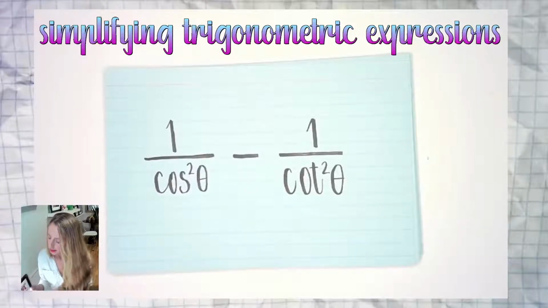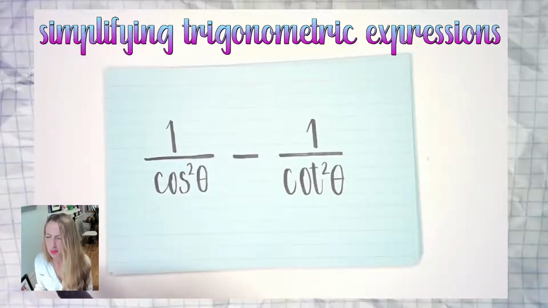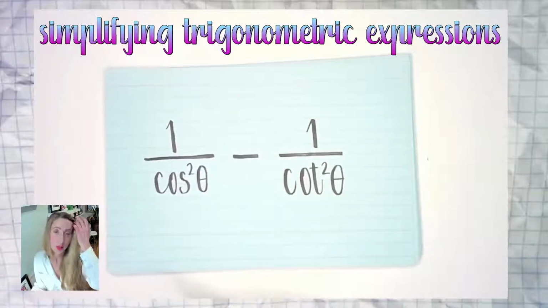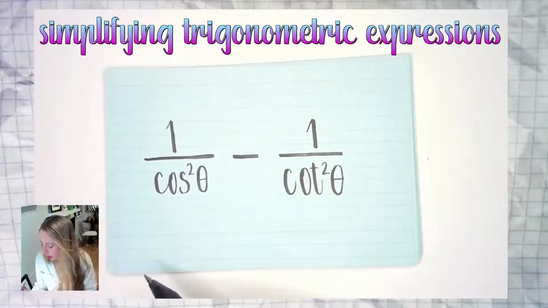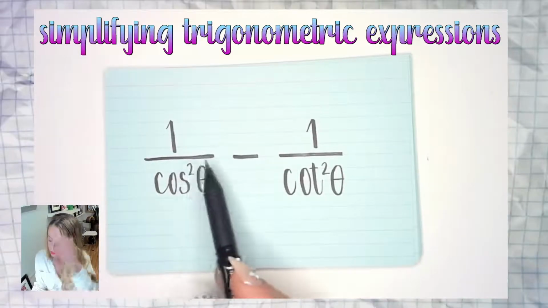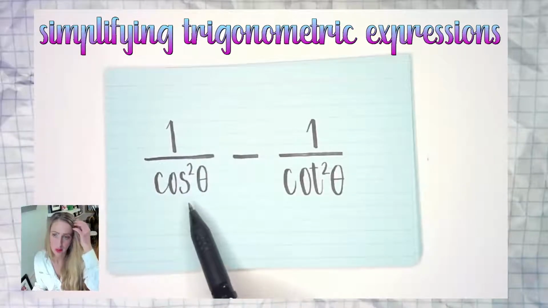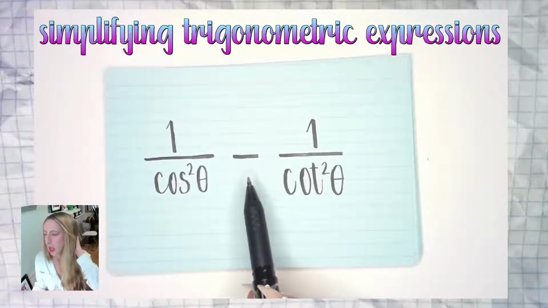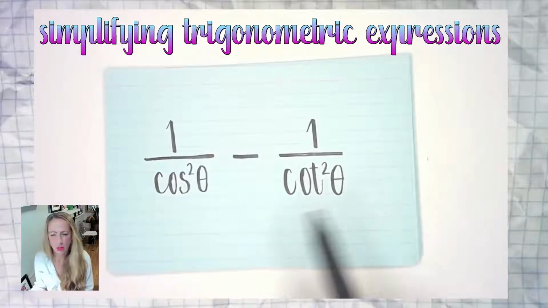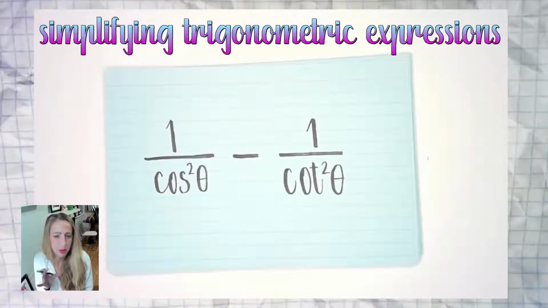Hey everybody, in this example we'll be simplifying the following trig expression, I keep saying identity, I mean expression, but we'll be using some fundamental identities to do so. So here what we have is 1 over cosine squared theta minus 1 over cotangent squared theta. At first glance it could be a little awkward and confusing, but reminiscent of Pythagorean identities, and that's because we can use a Pythagorean identity to work it out, but we're also going to be using the reciprocal identities to